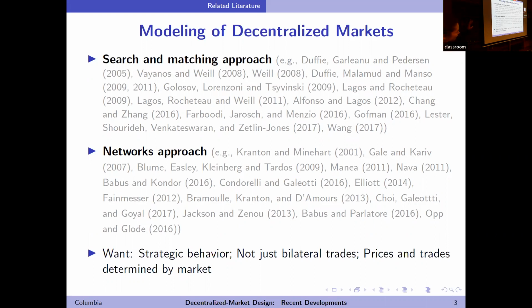Now, having said that, this is a very important and relevant class of models since 2005. This class of models has developed substantially, and like I said, people have incorporated directed search or are incorporating directed search now, and heterogeneity, and we'll talk a little bit about it later. But here's another reason why, if we want to understand the efficiency gains from decentralization of trade, we might want to try a different approach than working with a graph-based model, actually random or fixed.